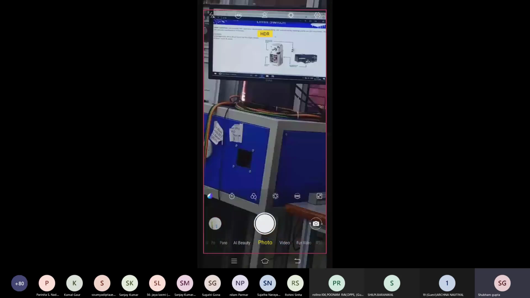Limit switches are usually not operated by the operator. They are activated by a moving part. Example: in a refrigerator, when we open the door the light glows on, and when we close the door the light goes off.